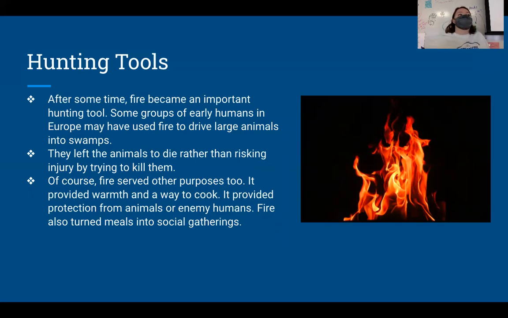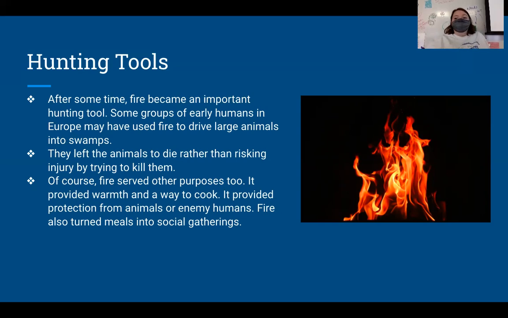Bears are super hard to come at with a prison shank, but if I've got fire, I can put it into a cornered position. I can try and get it that way. There's a lot of different things that we can do with fire, when we can corner them like that, or the way in which the evidence suggests that they corner them and basically leave the animals to die within the fire. I know that sounds really gruesome. It probably is. Rather than me risking my life to try and stab at close range. Okay.